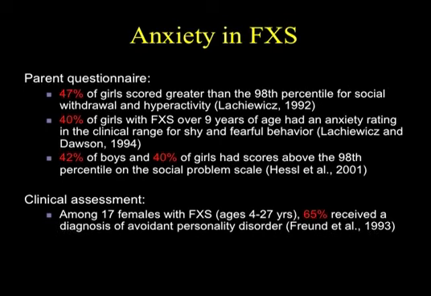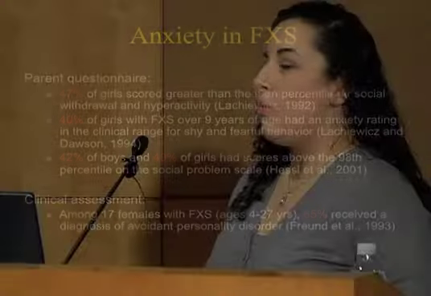In one of the few studies that actually used diagnostic criteria for anxiety disorder, they found 65% of females with Fragile X to meet criteria for avoidant personality disorder, which is basically social avoidance. So the literature is limited on both anxiety and Fragile X and anxiety and autism,